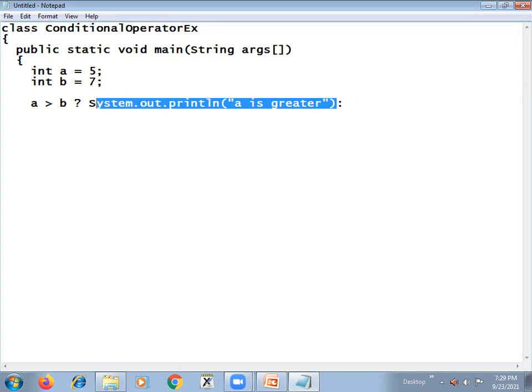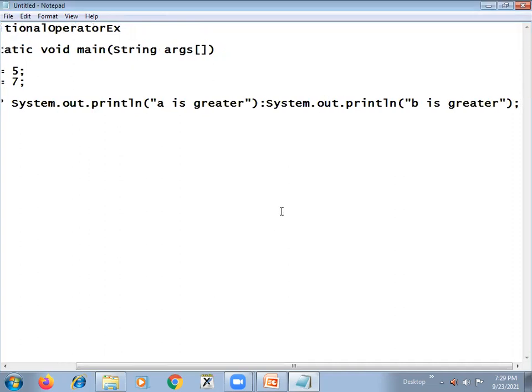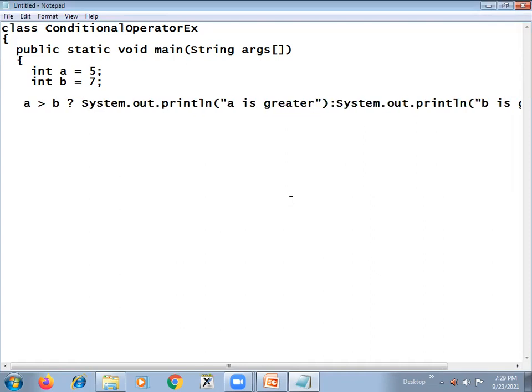So you can even write a println method here. Okay, so here I say b is greater. End with a semicolon.